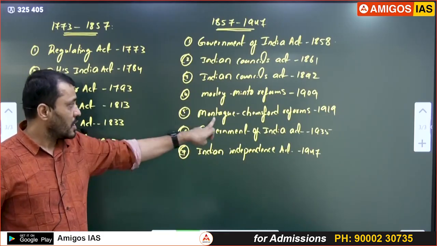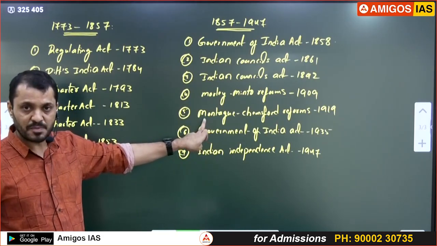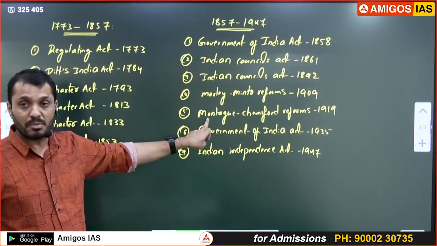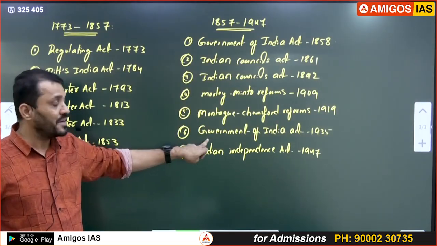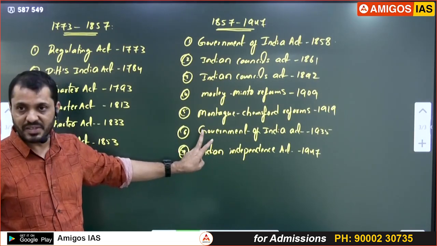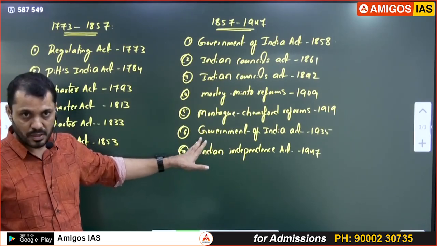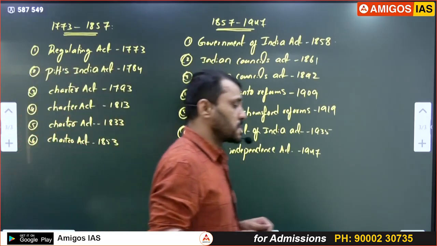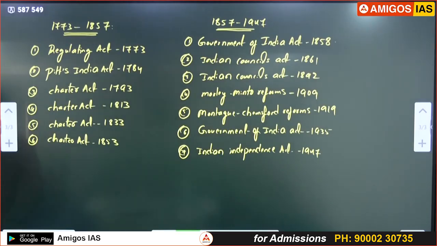Out of this, we got this reference when I was explaining about Speaker and Deputy Speaker. The concept of Speaker, Deputy Speaker borrowed from Montague-Chelmsford reforms. Even when we were discussing emergency, the concept of emergency borrowed from Government of India Act 1935. At that time I told you. Okay. So first write down this list of information. Then we will see some common observations. Are we clear, guys?